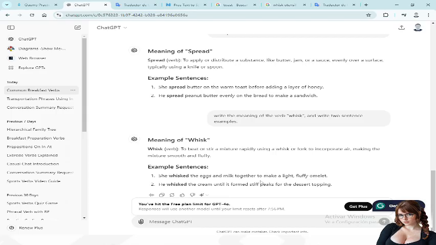To beat or stir a mixture, using a whisk